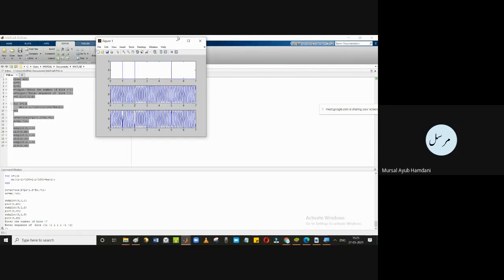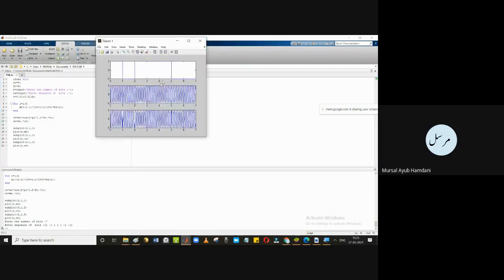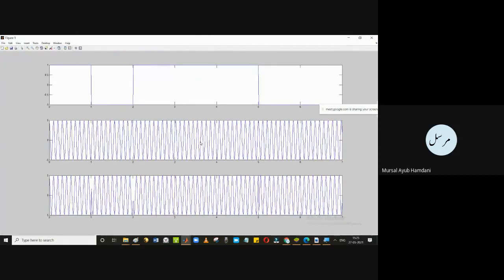One thing I have done here, it's not necessary to keep this. I have put it here 1.2 FC carrier. You can keep it 1 also. I have shown it so that the 180-degree phase shift gets shown in a little clearer way. You can see here as well. You can edit access properties.